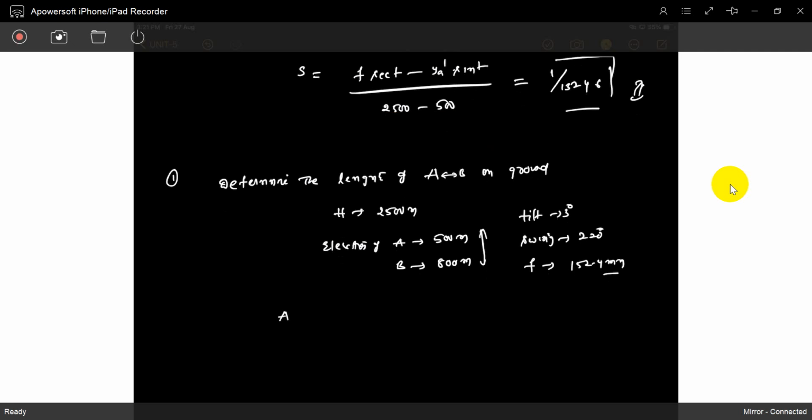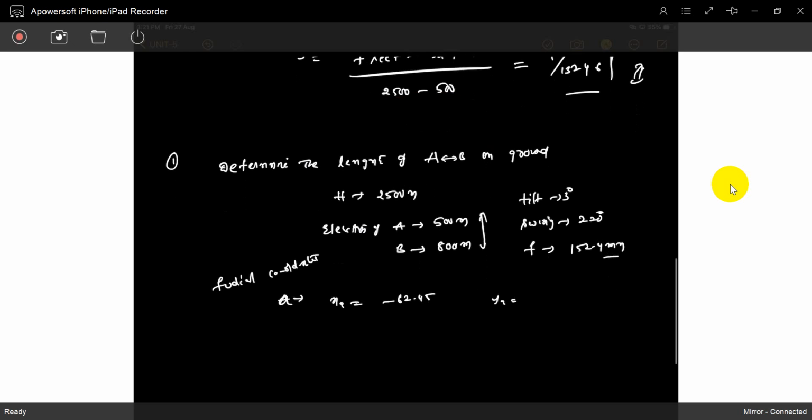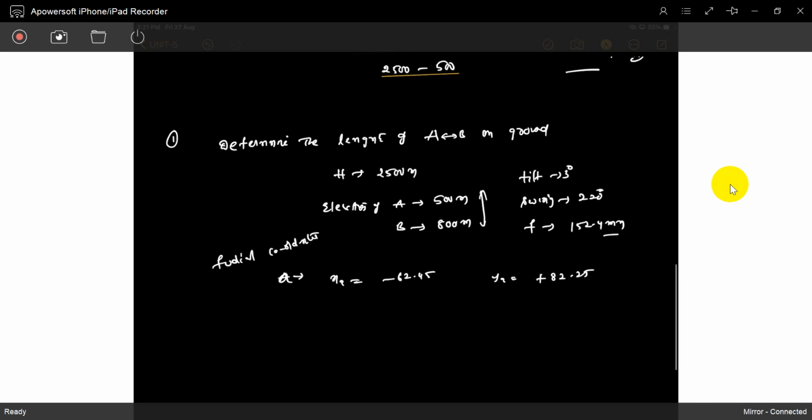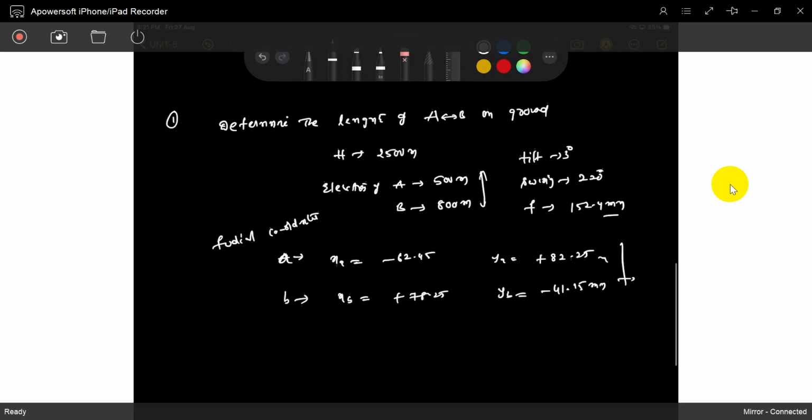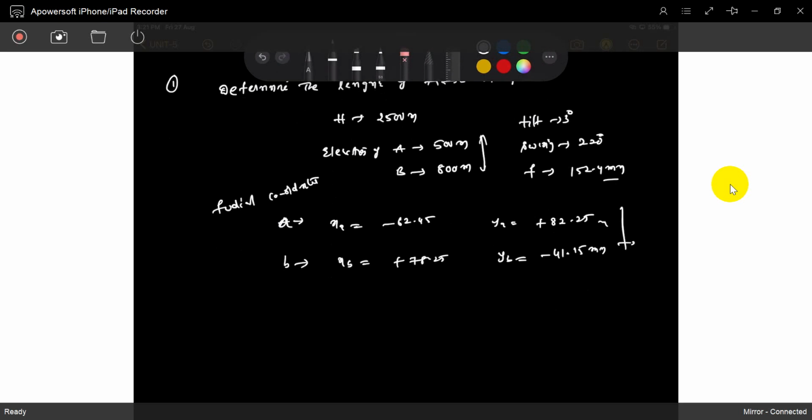So the coordinates of small a on the fiducial system: xa is minus 62.45, ya is plus 82.25, that is the point. For B, same, I will write: xb is 78.25, yb is minus 41.45. So this is the point based on the fiducial system mark. Okay, we have to find the